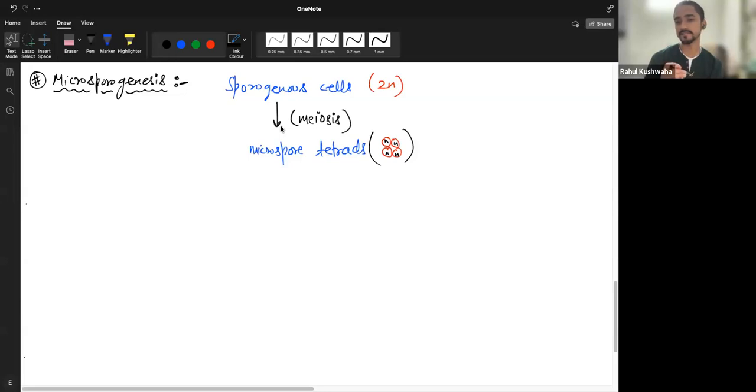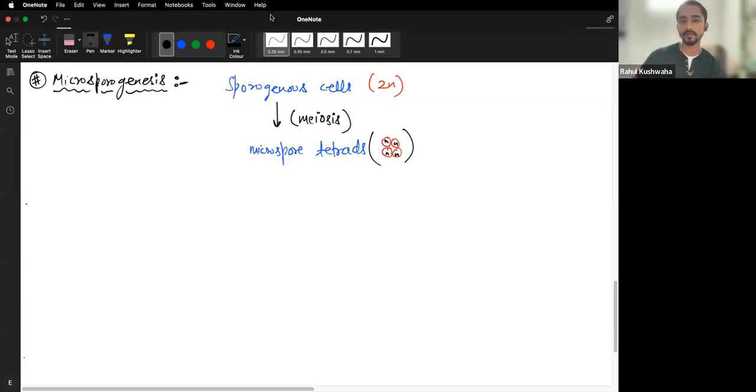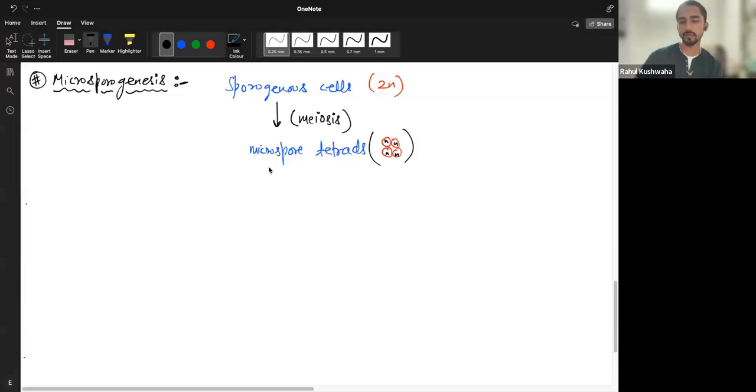Because each cell from one microspore tetrad can make a pollen. Does that make sense? Mariam was right. So each cell of a microspore tetrad,